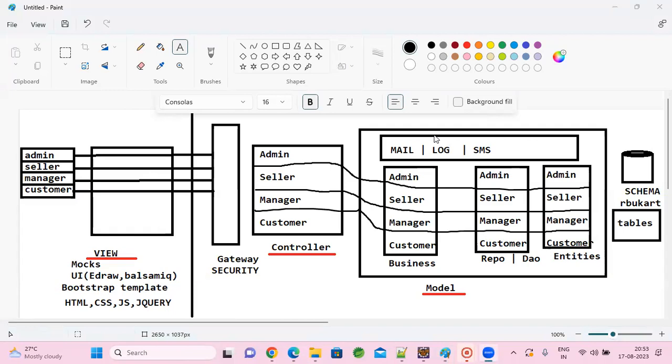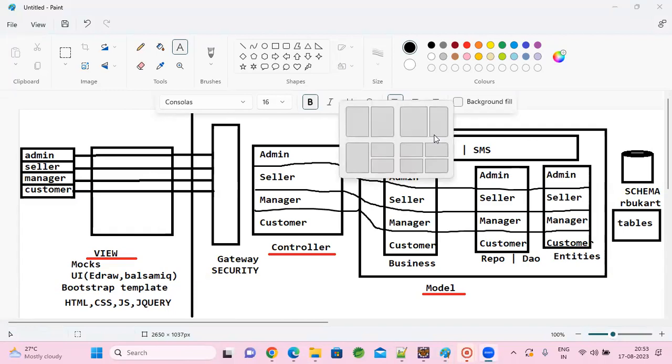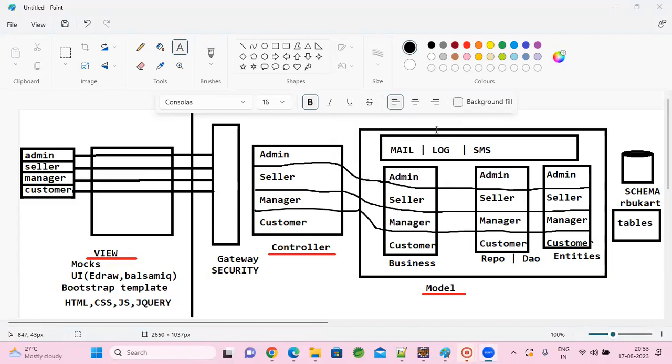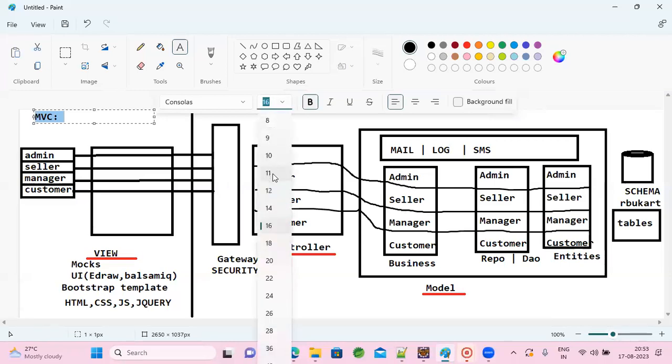Let's make it an interactive session, okay? Yeah. So this is the plan. That's why I wanted to start with MVC, so that you get some comfort here, about what we are going to do going forward. In a single picture, you got everything here, right? This is what we are going to do.